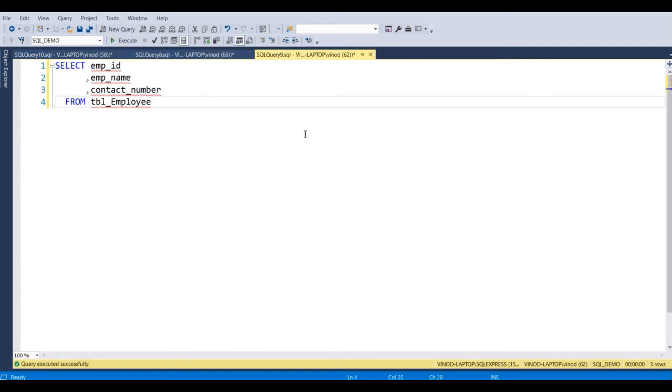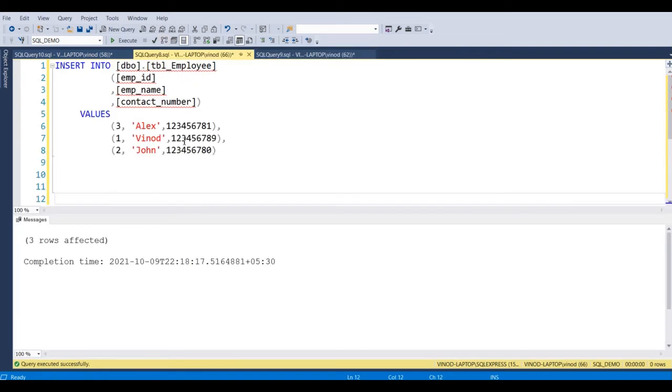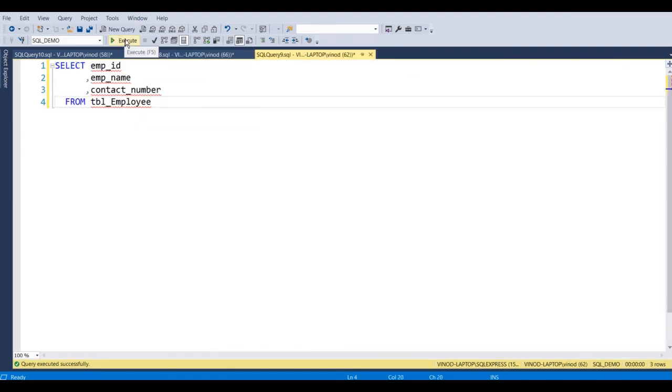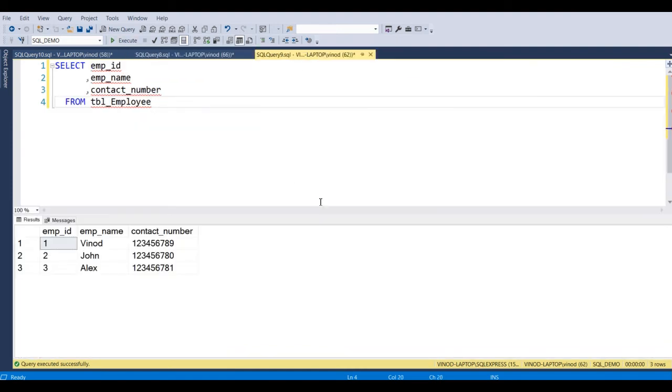Now if you perform a select, the output we should see is employee ID 1, then 2, then 3. Basically it should be sorted. And you can see the output is sorted by employee ID 1, 2, 3.